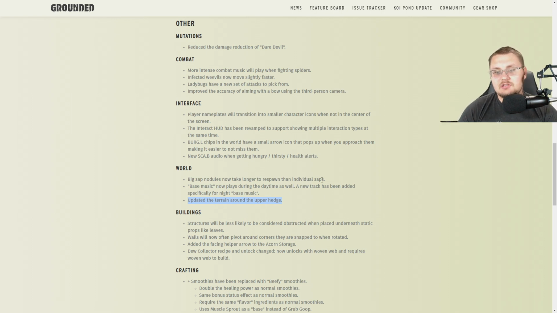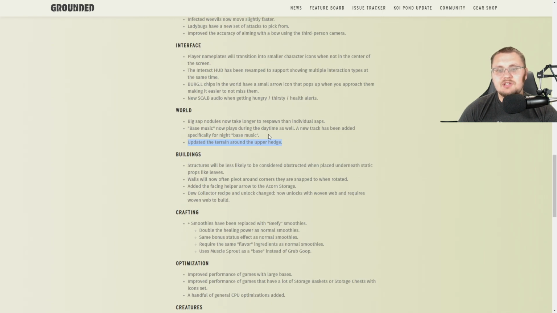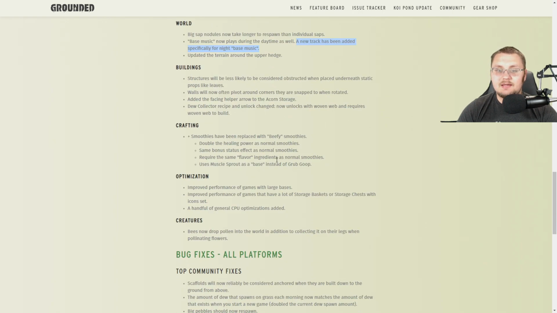So big sap nodules now take longer to respawn. That's fine. Bass music now plays during the daytime as well, and a new track's been added, significantly, for night bass music. By the way, the nighttime music, super relaxing. Really, really like it. Building structures will now be less likely to be considered obstructed when placed underneath static props